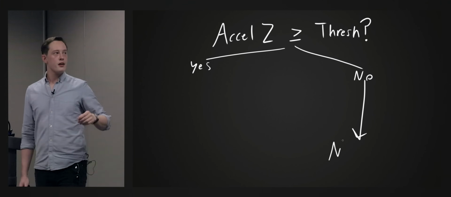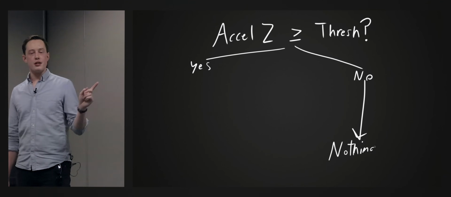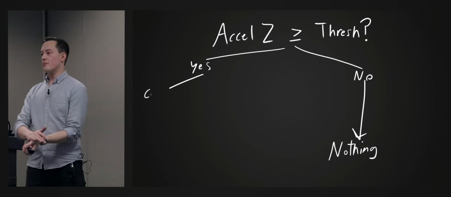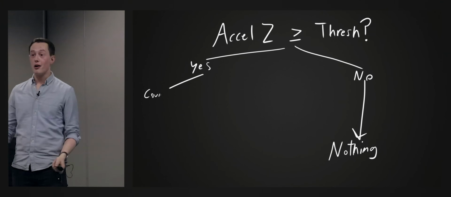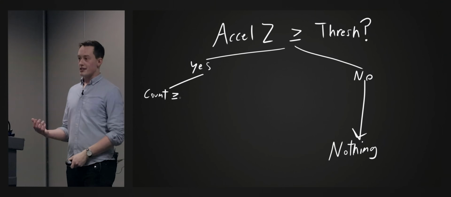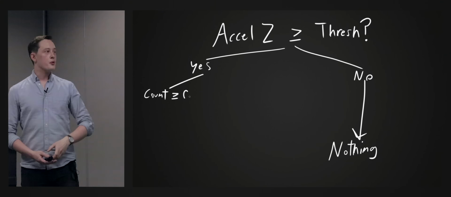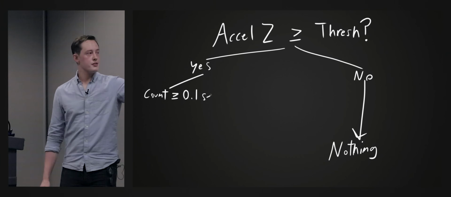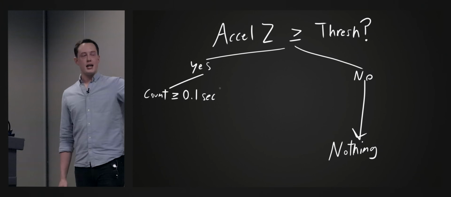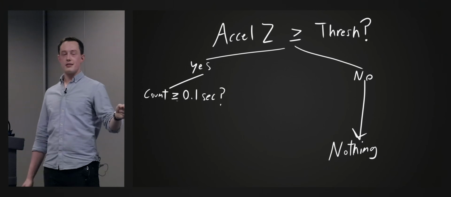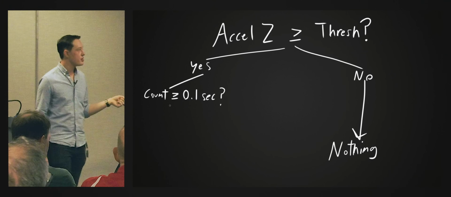That's pretty easy. But if it's yes, we don't necessarily switch into the launched state yet, because what happens if I just drop the rocket on the ground by accident? I don't want to, but if I do, that's an acceleration spike, but it's not a launch, and I don't want the rocket to arm. So we can do a small piece of logic here that just counts to 0.1 seconds. And if we have been above the threshold for 0.1 seconds, if that's a yes, then we know we've launched,